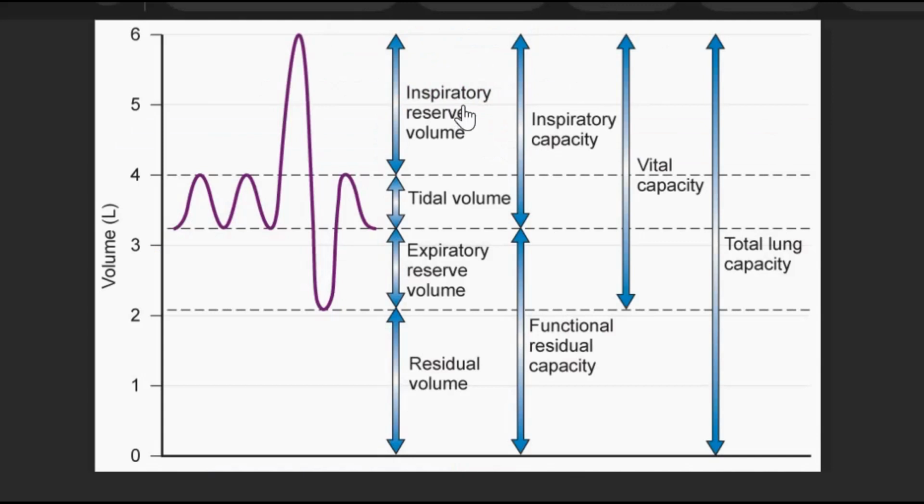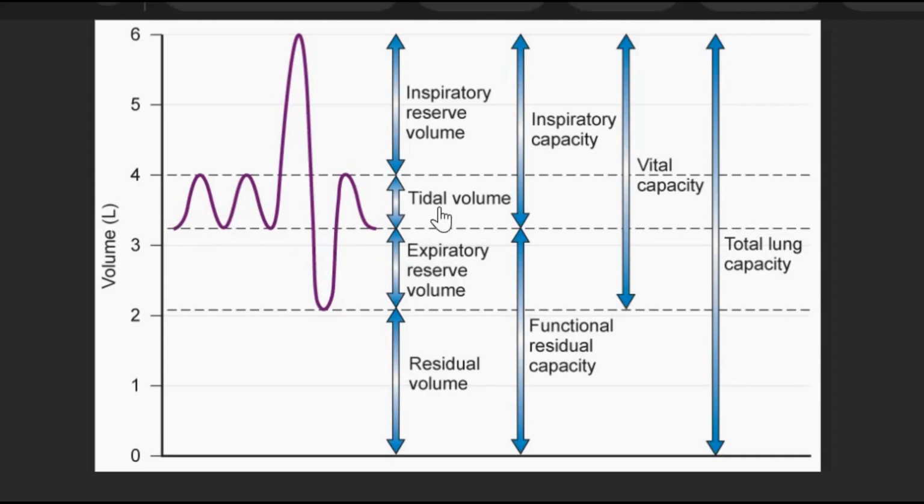The 4 lung volumes include tidal volume, inspiratory reserve volume, expiratory reserve volume, and residual volume. What is tidal volume? It is the amount of air that moves in and out of the lung during the normal breathing process. You breathe in and out normally, and the amount of air that moves in and out during a normal respiration is known as tidal volume. If you consider this as your normal breath, this amount of air is called tidal volume, and it is approximately